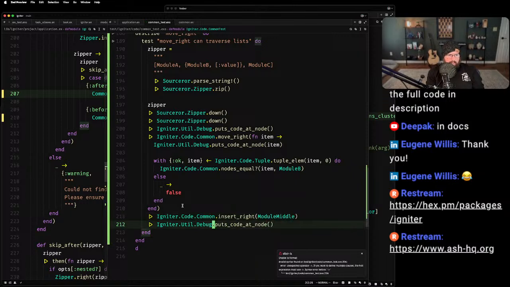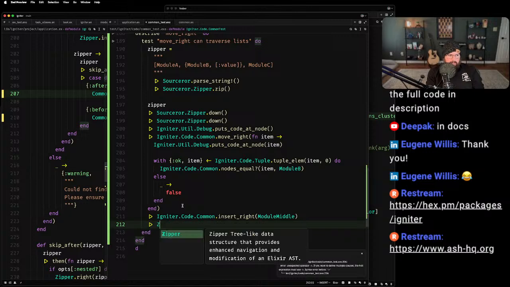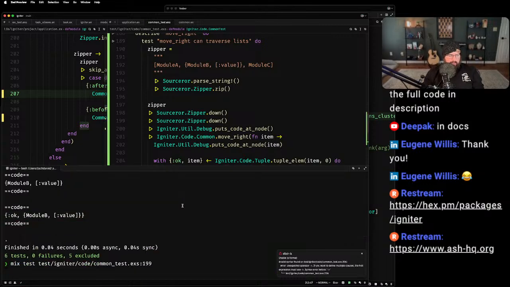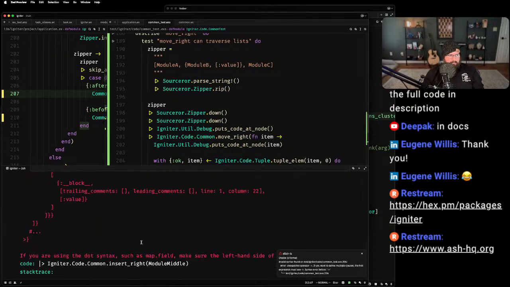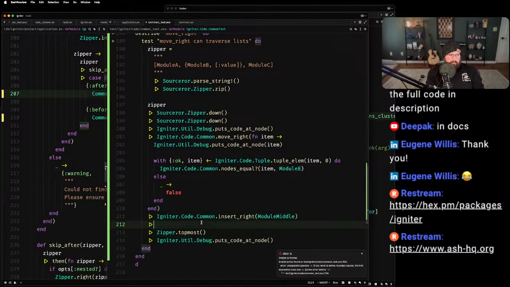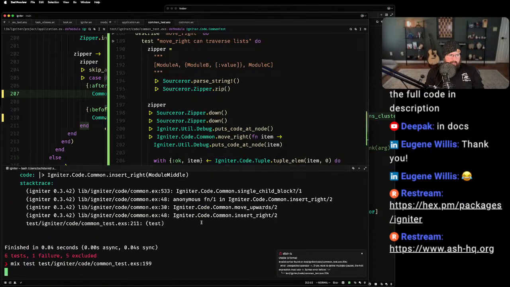And then if I do zipper.topmost, I think it's just topmost is what I want because I want it to go all the way up. And I'm going to say, show me what that looks like. Because that's going to return an OK tuple.